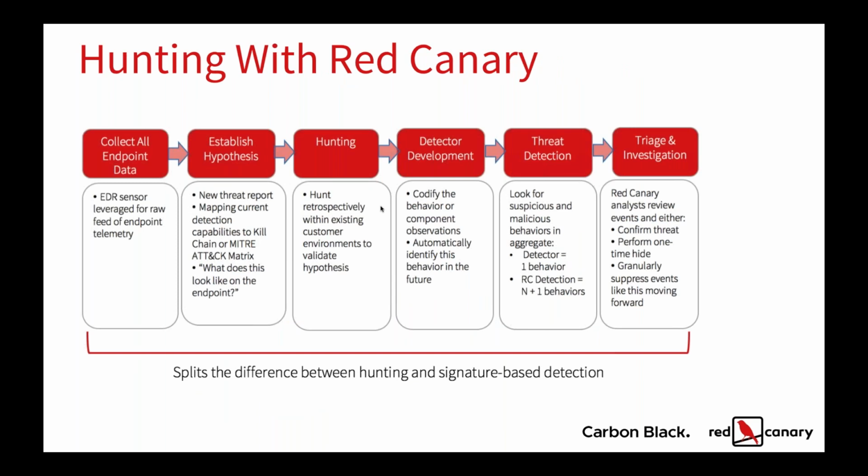So here at Red Canary, it's very similar. In our particular case, we're using that Carbon Black Response data. We collect all that endpoint information. We're mapping it to the MITRE ATT&CK matrix. We're looking for what's happening on the endpoint. What are things looking like on endpoints? If it's a new threat report, new public posting of something or some other type of intelligence that's flowing out there on Twitter, whatever it may be, the analysts will begin to hunt for these things across our customers. And fortunately, with Carbon Black Response, we're able to go back in time X amount of days to at least look for some potential behaviors that may have happened.